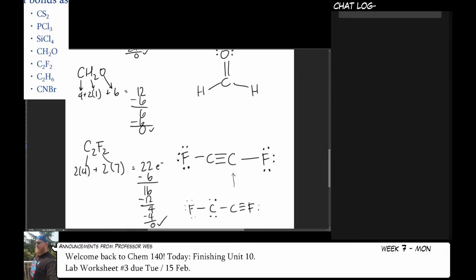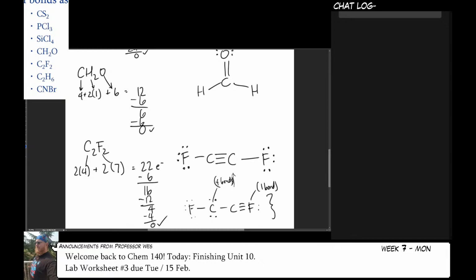Remember those guidelines that I told you about where carbon likes to make 4 bonds and fluorine likes to make 1 bond? And generally speaking, it's 8 minus the 1's digit of the group number is how many bonds they make. This structure at the bottom here doesn't follow that. So fluorine should only make 1 bond. And all carbon should make 4 bonds,